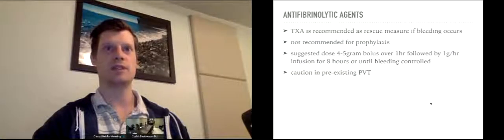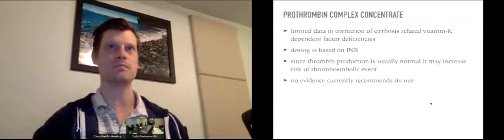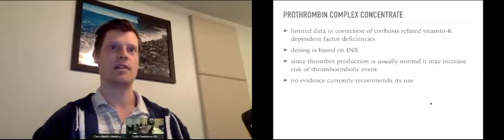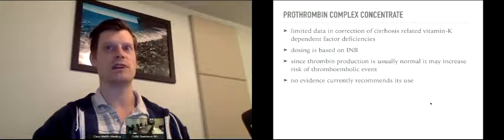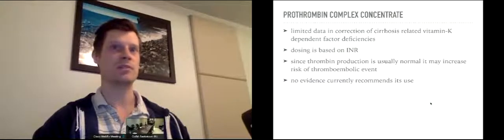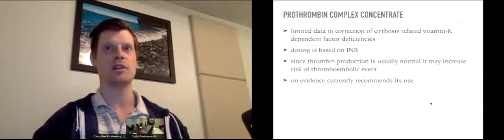As for antifibrinolytics, tranexamic acid is recommended, but only if bleeding occurs. It's not meant to be given prophylactically, given the potential hypercoagulable state in cirrhosis. So it's possible it increases your risk of VTE. As for prothrombin complex concentrate, or Beriplex, or Octaplex, there is no data whatsoever that suggests a benefit of these concentrates in cirrhosis. Partly because dosing is based on INR, which isn't helpful, and partly because thrombin generation is already normal in cirrhosis. So PCCs may actually increase, again, the risk of thromboembolic events, and as such are not recommended for use in